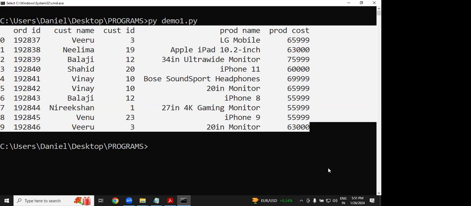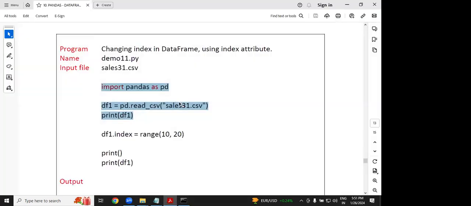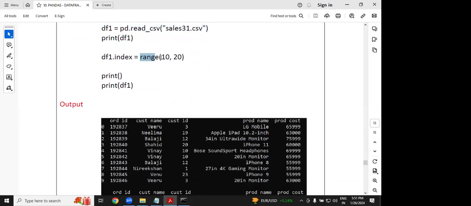Instead of that, what we need to do, just try to come here. Did you remember the range function? The function name is called range. Range of starting value, range of end value. Range of 20 means, I know that one, but what is the last value? 20 minus 1, what is the value? 19. Keep in mind df1 dot index of